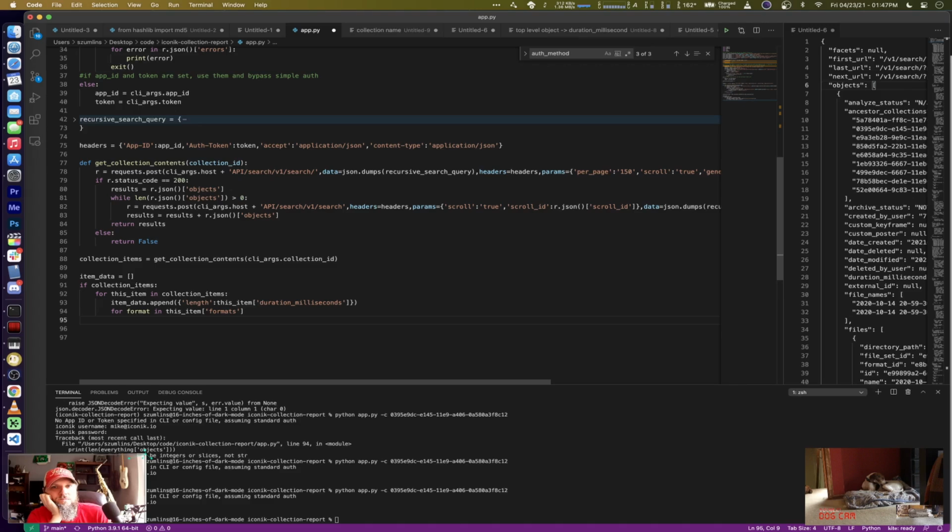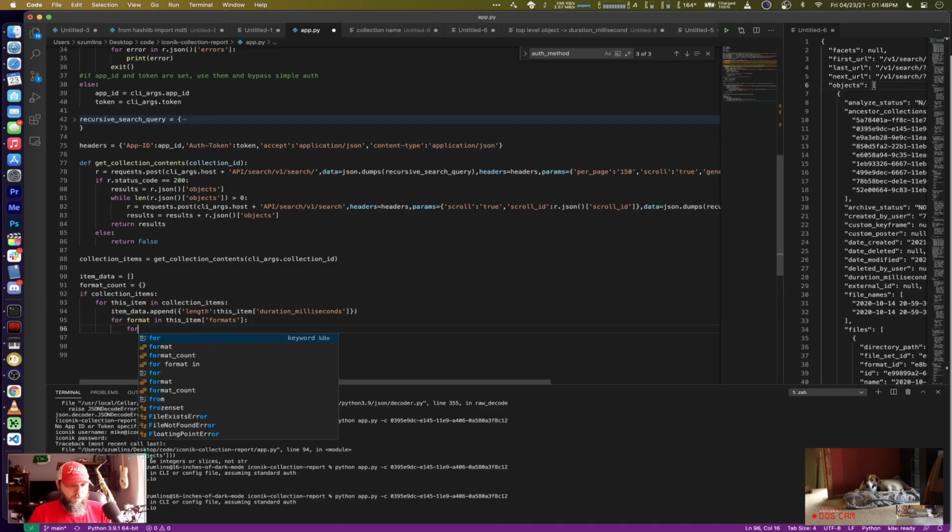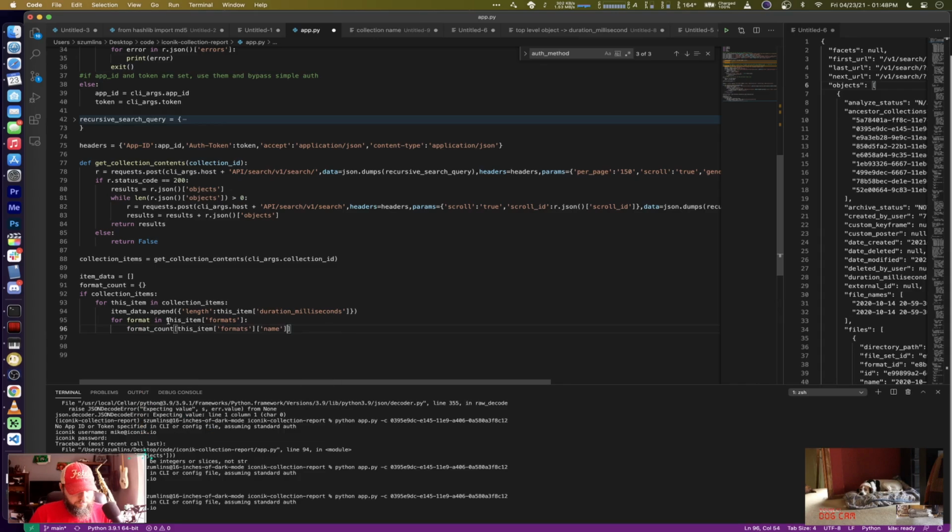And then for every item, we will say format count, this item's formats name, and then the actual data that goes in there will be